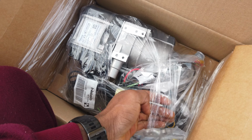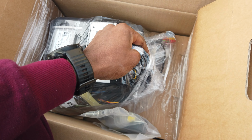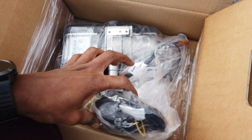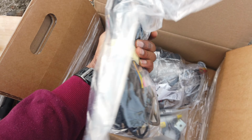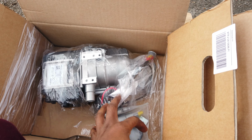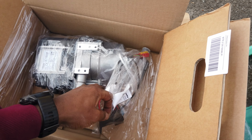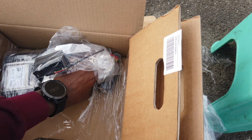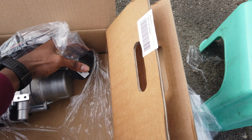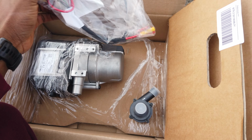I couldn't find the most basic one because ideally I was looking for only the ECU and the fan, but the price was about £360 or £370, and I'm thinking, if I'm going to spend that much money, I would rather spend it on the complete basic one, and then I can get some spares for free as well. So